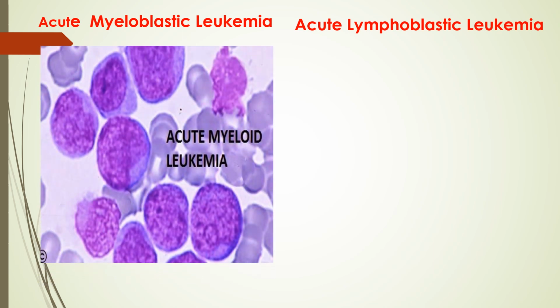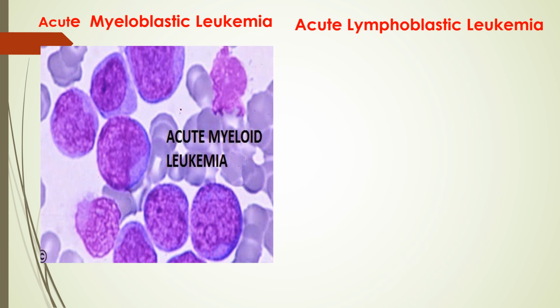These are the blast cells from acute myeloid leukemia or myeloblastic leukemia. They are large cells, you can see. The cytoplasm is mild to moderate in quantity, and the nucleus is large. The nucleus looks open, slightly dense, and whenever the nucleus is open, it means that the cell is very, very active. So these are the myeloblasts.